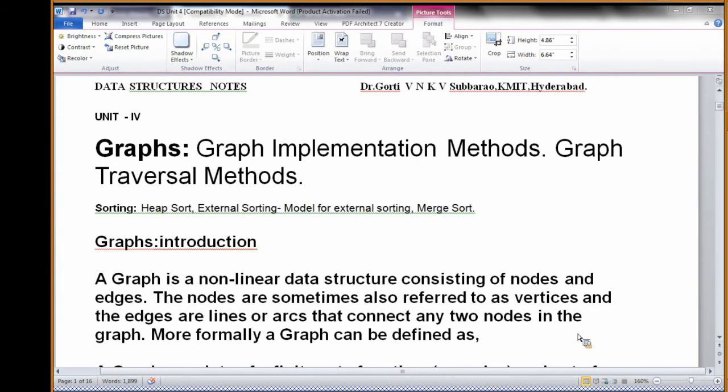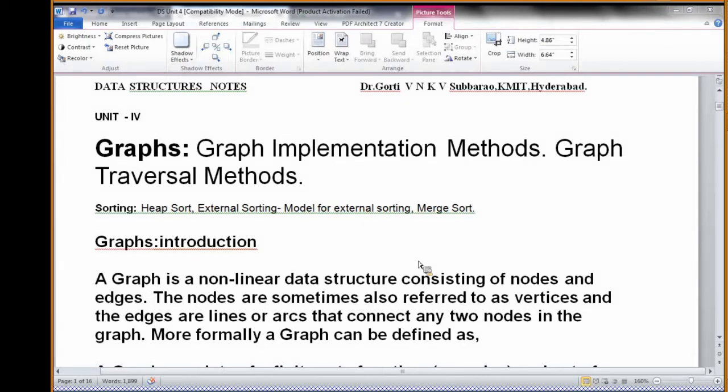Actually, deletion also we have done in the previous class. If you want to delete any node, you have to delete, and then you have to check whether it is satisfying the red black tree or not. If not, then you have to go for either recoloring or rotation. That already I explained. I have taken one more example for understanding purpose, how generally in examination it will be asked. So you just see the previous slide where we explained already the deletion method.